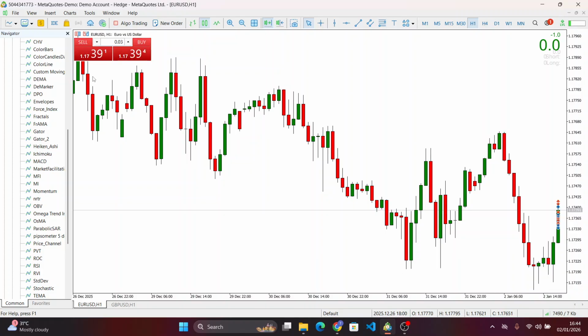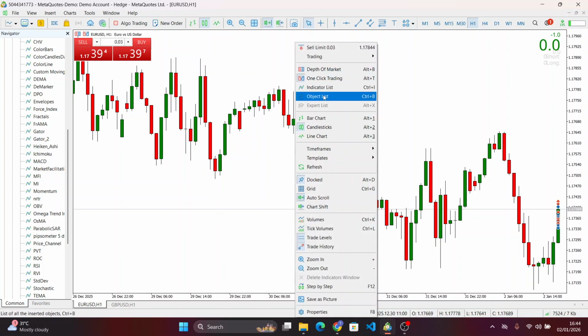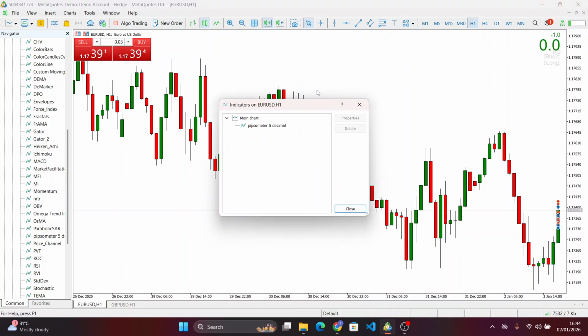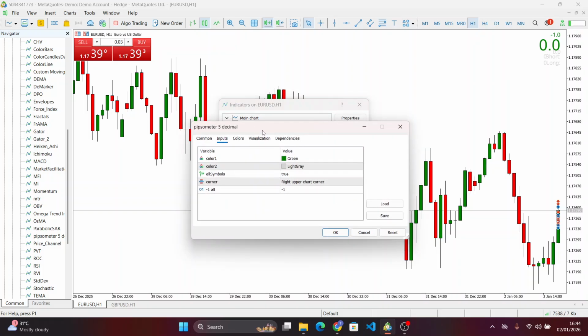The Pipsometer offers customization over how and where pip precision and related calculations are displayed, including options for extra decimals and presentation style. You can calculate pip differences between highs and lows, distance to support and resistance, and other measures based on the precise value it tracks. As you can see in the inputs in the settings,